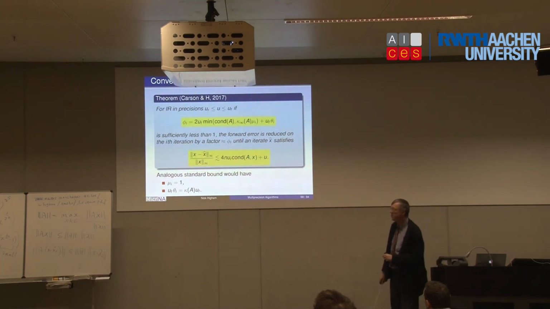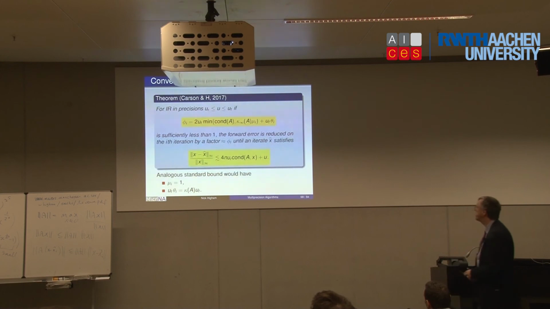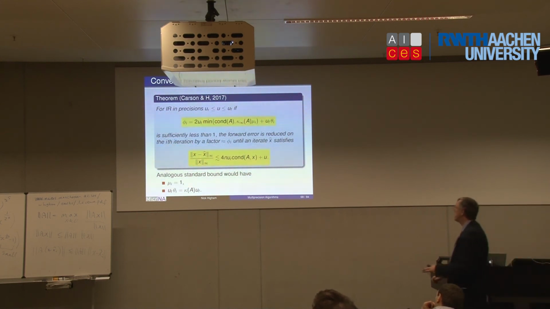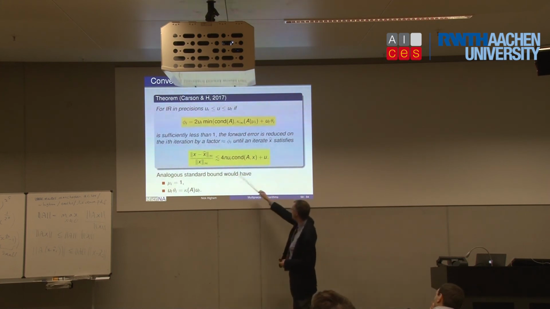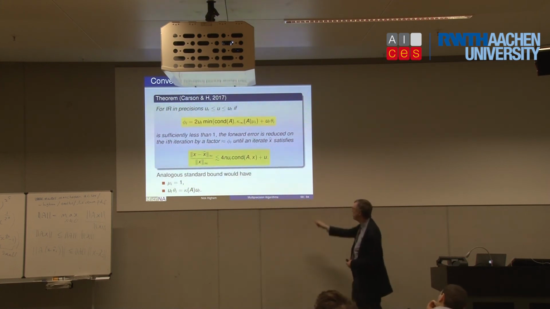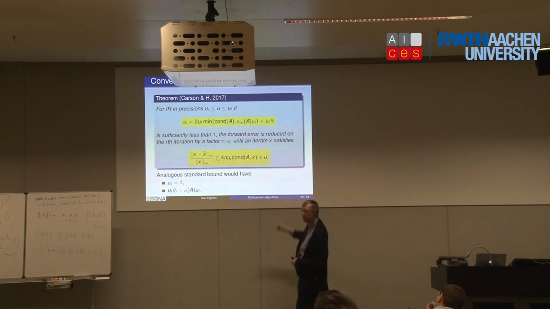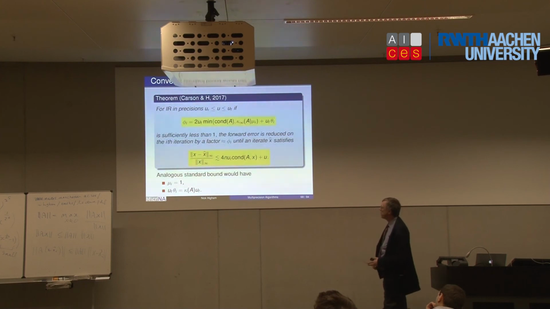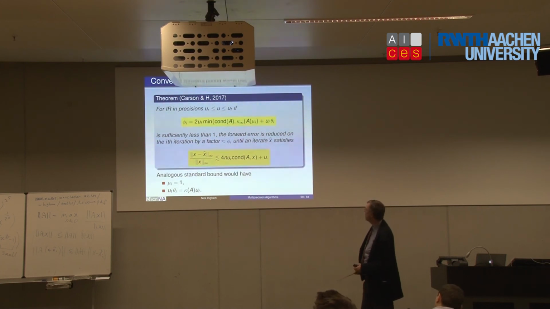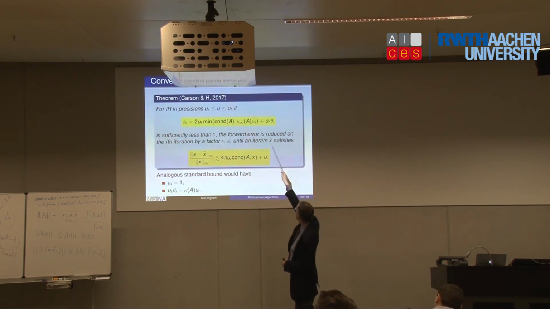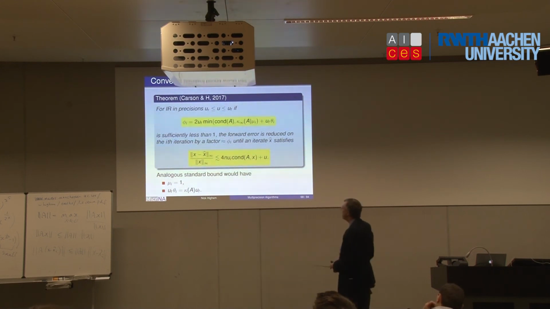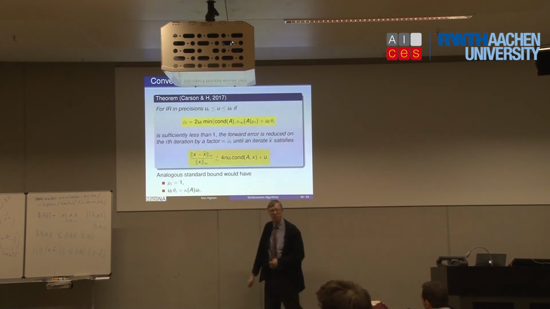So here's a version of the three precision iterative refinement. It says if this quantity in the first yellow box is less than 1 throughout the iteration, then the forward error goes down until it eventually converges to something satisfying this bound here. So here's the Skeel condition number, you see. I've also got a kappa up there at the top. In the standard analysis, you would have mu_i equal to 1, which would mean you always get the full effect of the kappa in the phi there. And in the standard analysis, for this u_f theta, again, you would have a kappa dependence.